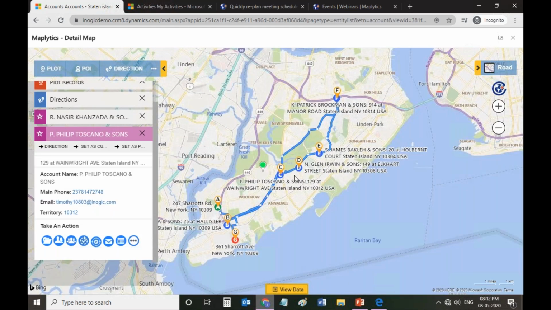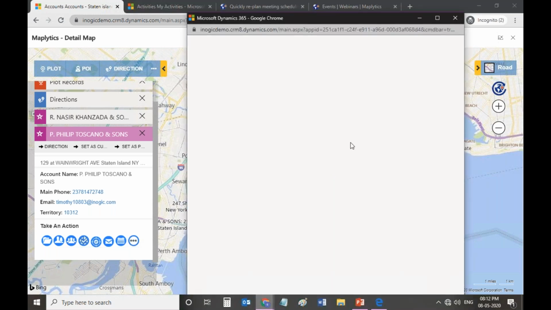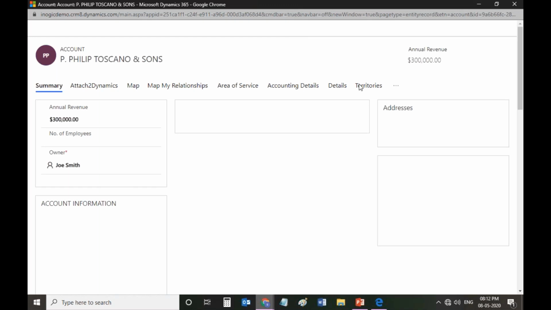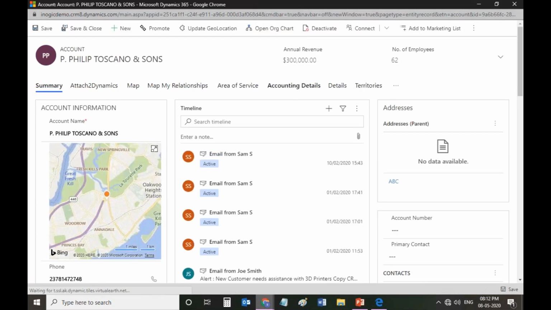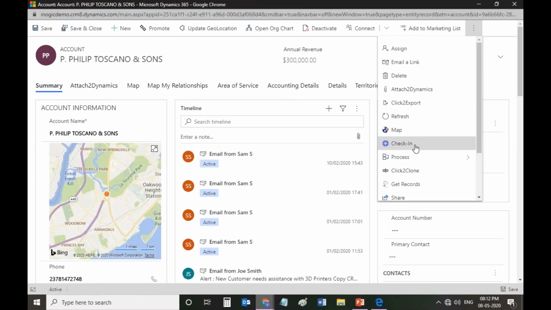Also, let's say the salesperson doesn't use Maplytics on the phone, he can directly go to the CRM and open the record within the CRM, and there's another option to check in and check out within the record as well. Here you can see this is the record of that particular account, and here you can go to the three ellipses, and here also you have another option to check in.